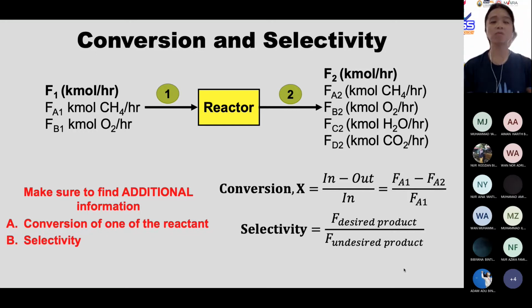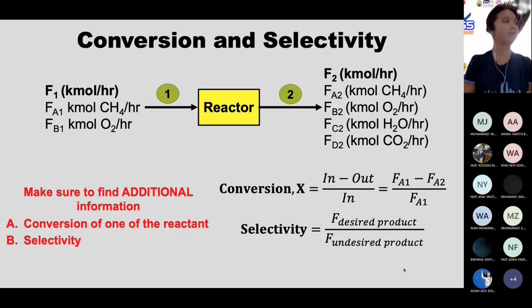Dia tak boleh berdasarkan conversion dua-dua compound. Dia mesti berdasarkan salah satu of your raw material. So for example, in my case here, the conversion is based on methane. Okay, so formula conversion, saya rasa kamu dah pernah, bukan saya rasa, memang kamu dah pernah belajar reaction, but just remind you back. Conversion equals to in, so methane yang masuk, minus methane yang keluar, over again feed methane